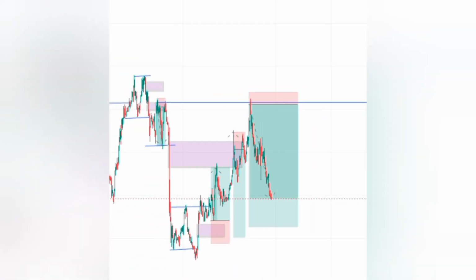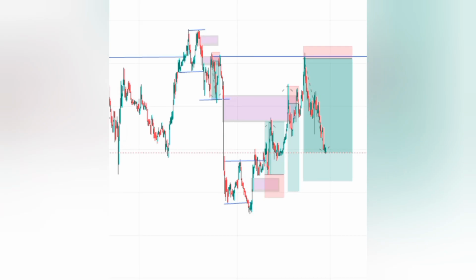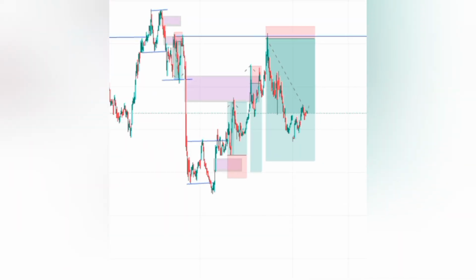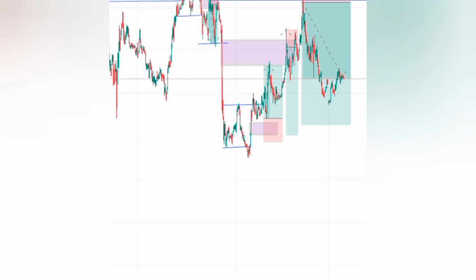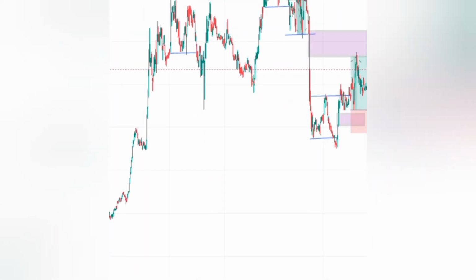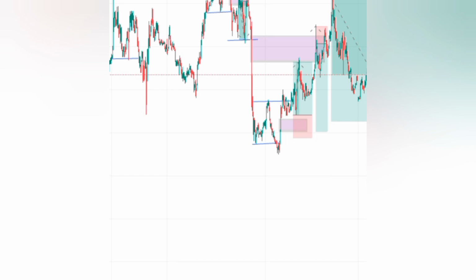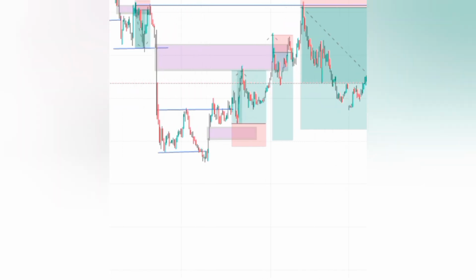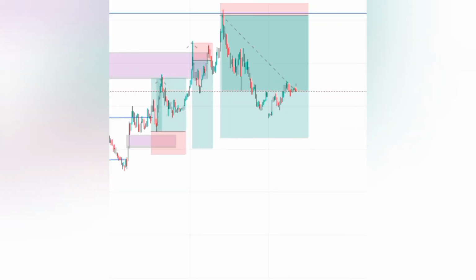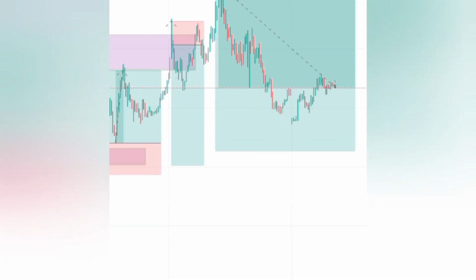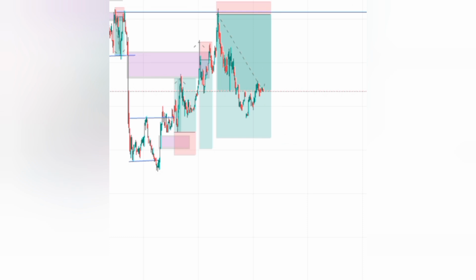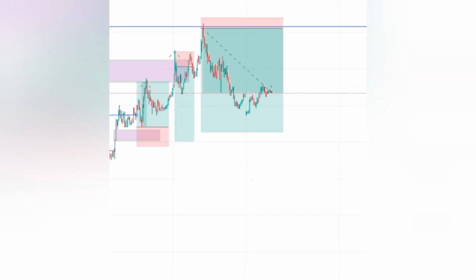right? So now you can see that you can use this strategy to day trade always, to always get some trades every day. When you combine market structure shift, break of market structure, change of character, fair value gaps, and order blocks, you'll see that this strategy will work for you guys, and it works on all pairs that you can really trade. Though we have used only one pair to give you examples, you can try and backtest on all your pairs. You'll see that these trades will really move